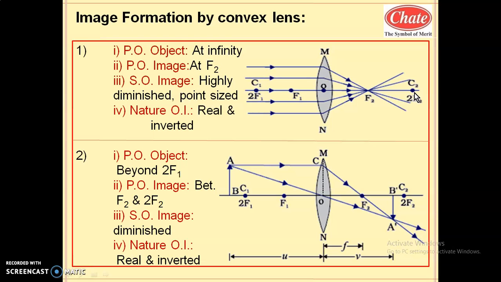Take in the compass slightly more than 6 centimeter distance. Use the extreme marked points as the center. This is C1, this is C2. Draw an arc on one side. Similarly, use center C2, draw an arc. You will get such a type of lens. This MN is called the lens size, that is the size of aperture. Once you get this lens, mark the O, that is the optical center. Mark F1, 2F1, C1, F2, 2F2, C2.